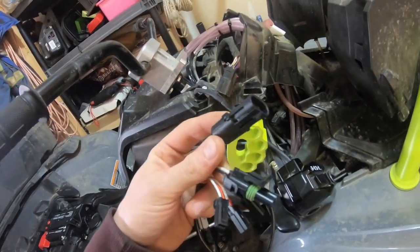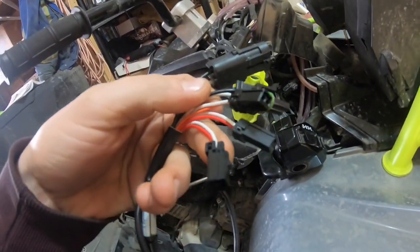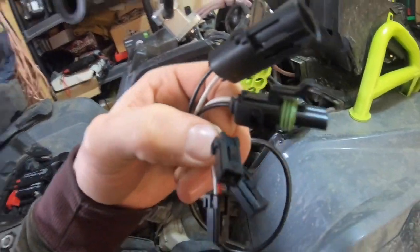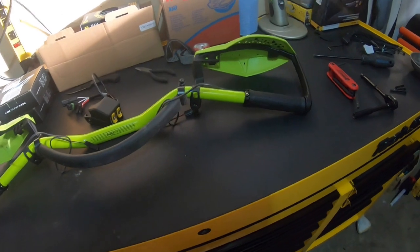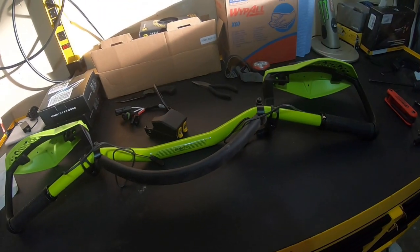Plug in your heated grips, and then plug in each grip. Doesn't matter which one's which, I don't believe. Red and white's for the grips, and then you got your orange one for the thumb throttle. So I'm gonna go ahead and start doing that, and we'll get back to you a little further